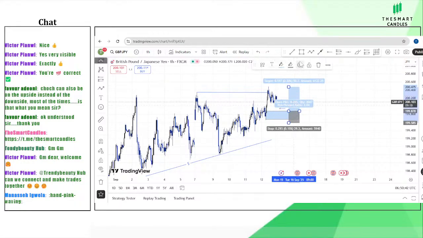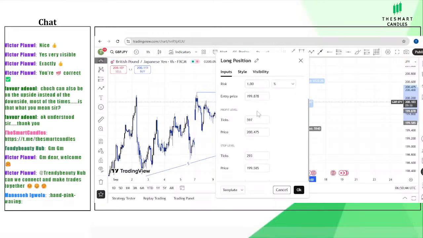So let's look at the entry at this point. Looking at this setup, our entry price is at 199.878. Then what? The stop loss. When you're taking any trade, always put your stop loss first before take profit, please. Looking at the stop loss, it is at 199.585. Then our take profit for a 1:2 is